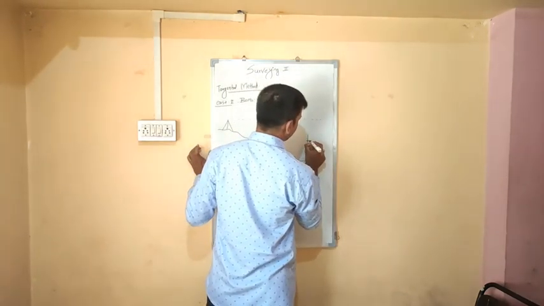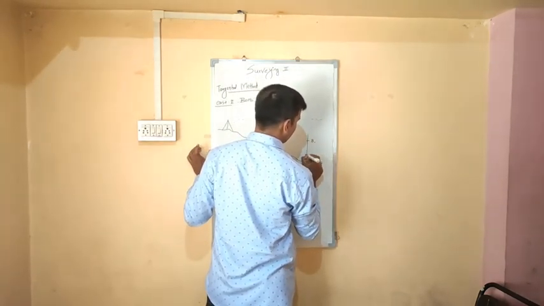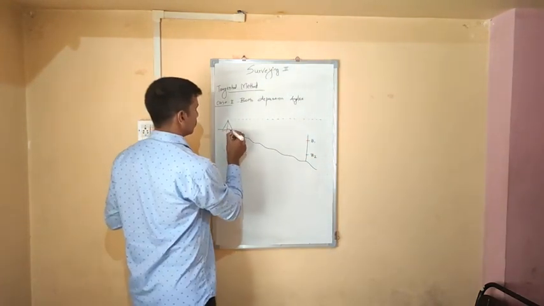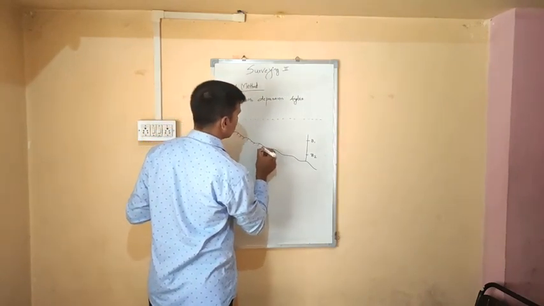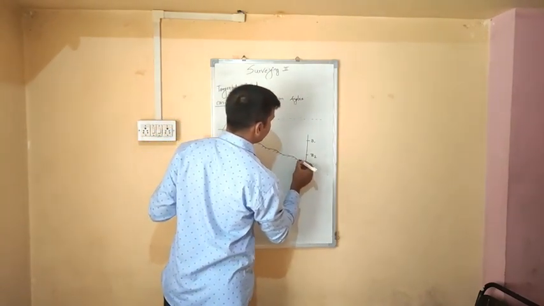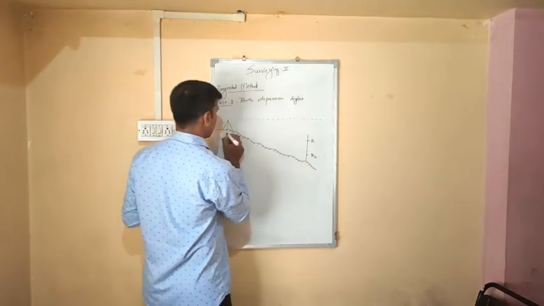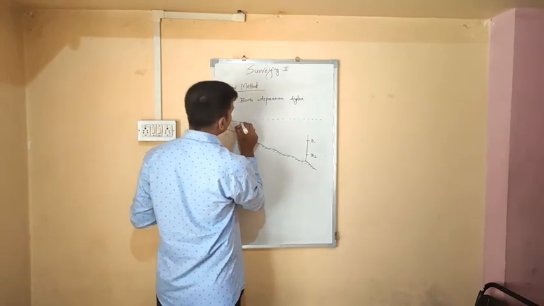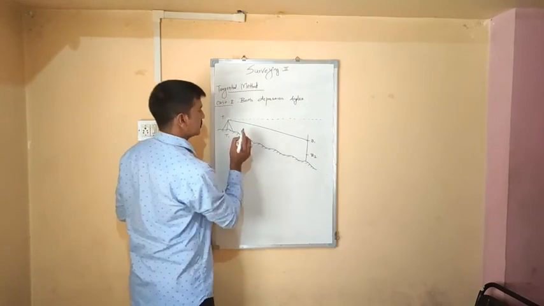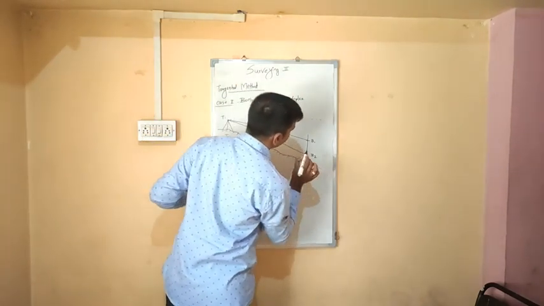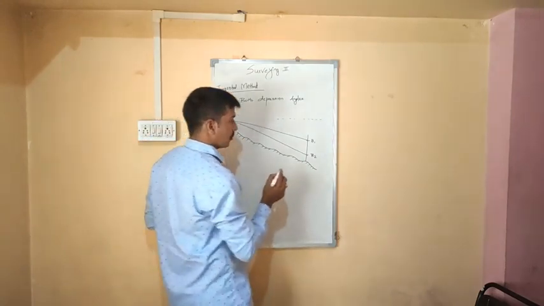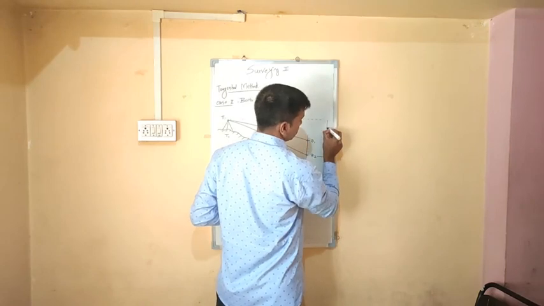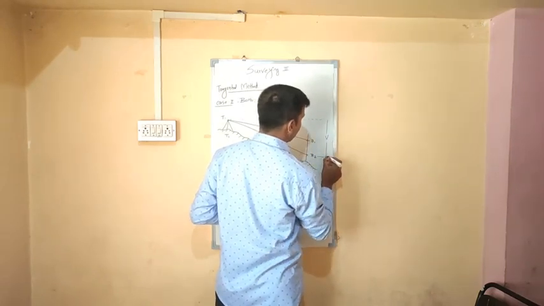I will set 2 targets. Say this upper target is B1 and lower target is B2. This dotted line shows us this is the ground surface. We will take 2 rays from instrument point T1. One is towards point B1, second is towards point B2. From B2 to the instrument axis, this is vertical component V.